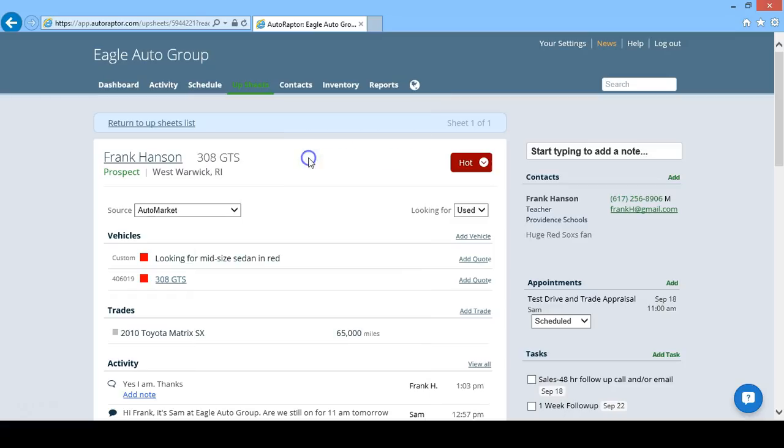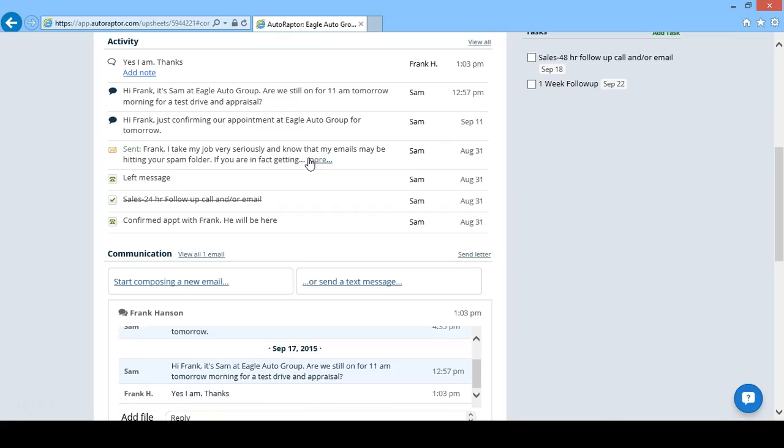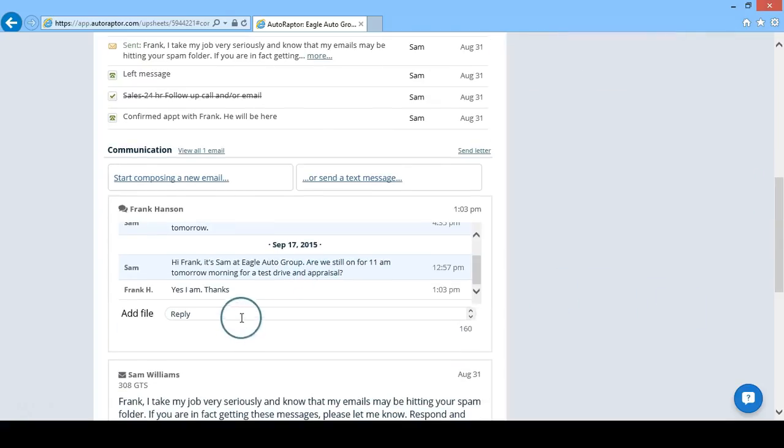So let's go ahead and click on it, and that's going to take you to the upsheet where you can see in your activity log as well as in your communication section down here that he texted you back from your text message about the appointment, confirming that he will be at the appointment. So at this time, you could send a little reply